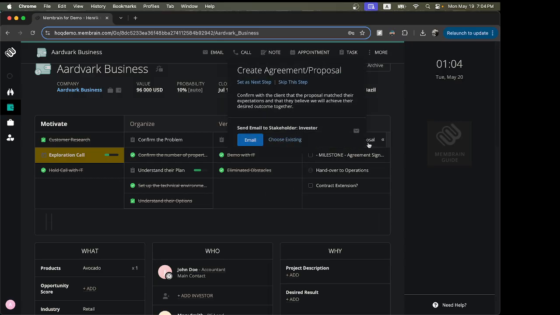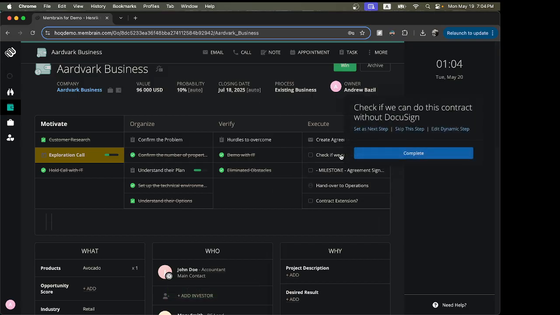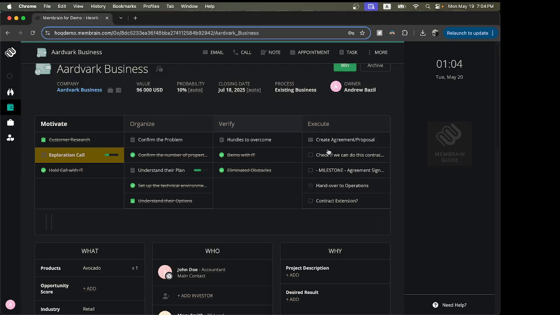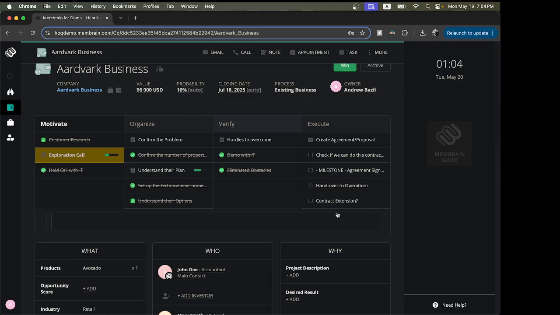So when I discuss it with my stakeholder, I might learn that although we as a company use DocuSign, I need to check if we can do this as they don't use DocuSign. So we can see here that in Membrane, I can dynamically add steps. It continues to guide me through what I'm doing as I work through, and to reflect the reality of the sales process. So let's say I called my legal department, said yes, okay, I can do this without the use of